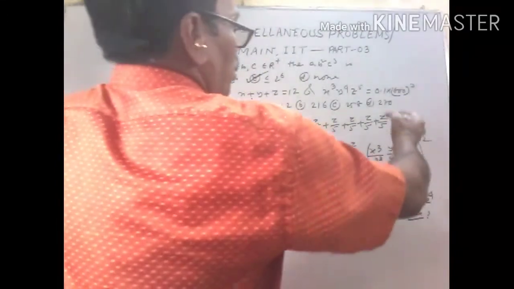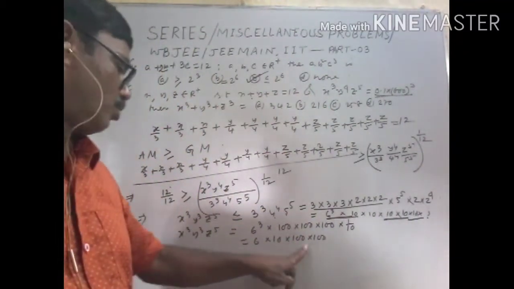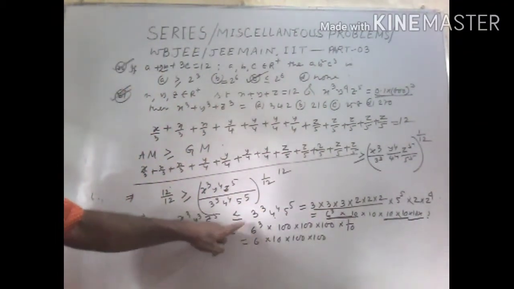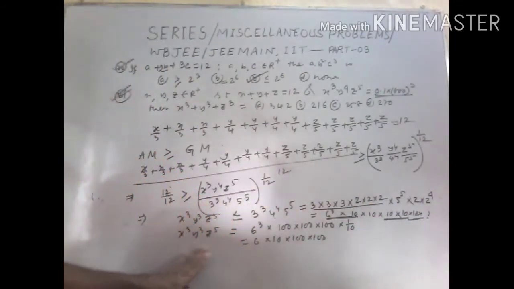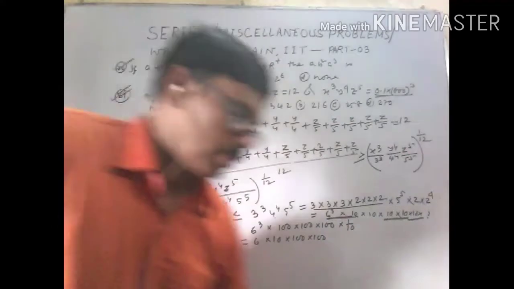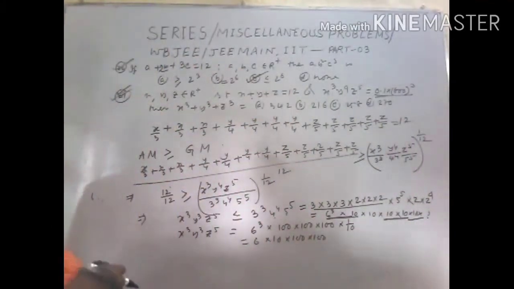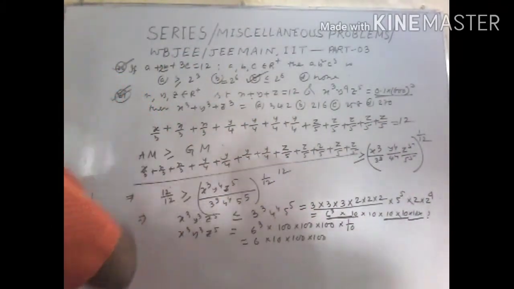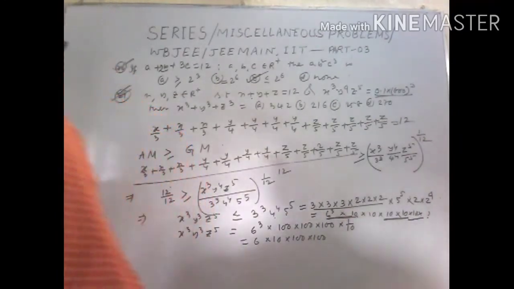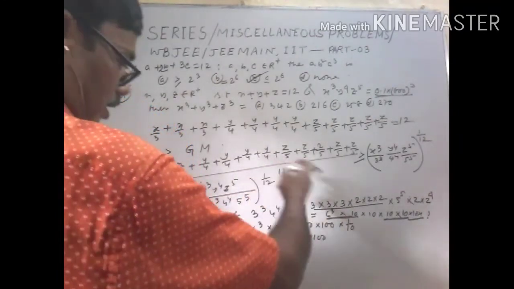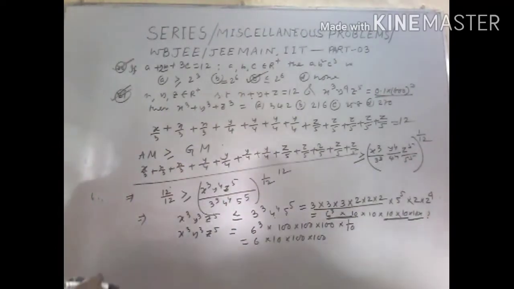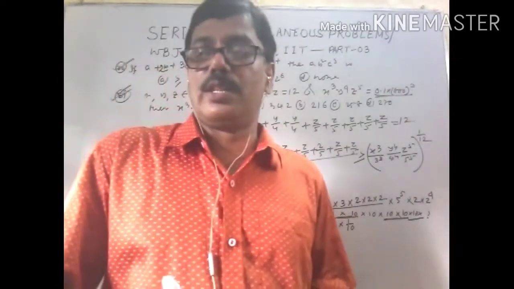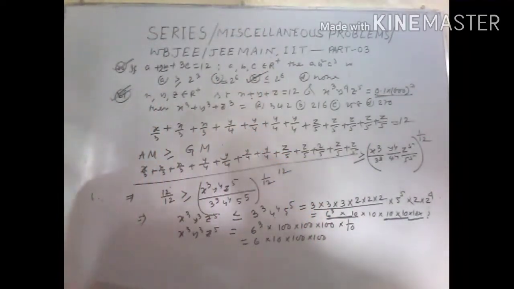So look, this value and this one are the same. Actually this is less than or equal to, here it is given less than or equal to, and here it is given equal to. So what are we getting? Therefore AM greater than or equal to GM. Here AM greater than or equal to GM, but here AM equals GM. If AM equals GM, we know then the terms are equal.